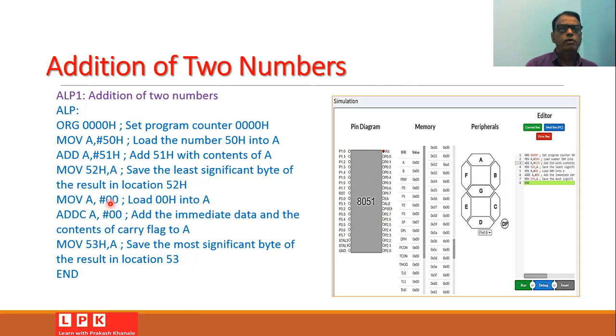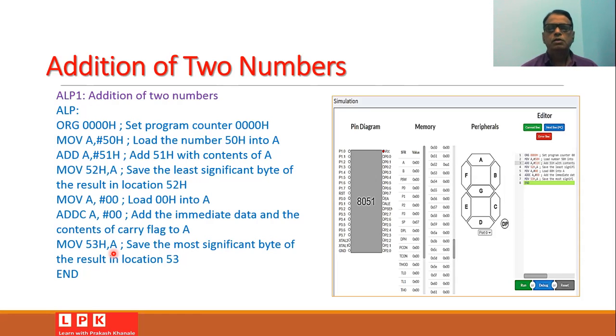Therefore, we will use the instruction ADDC A, #00, so that the carry will get added into 00. And now this number will be stored into the location 53H by using the instruction MOV 53H, A. So the most significant byte of the result will be stored in the location 53.